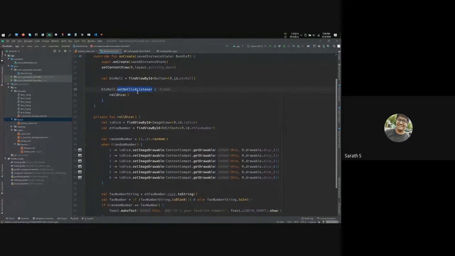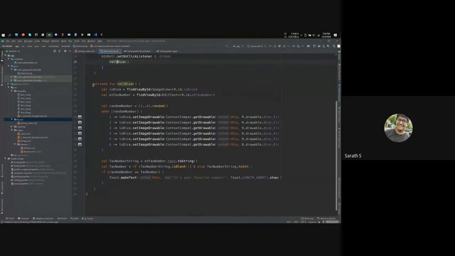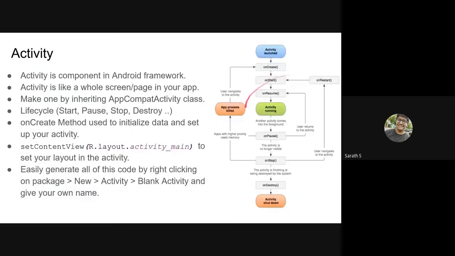That's what onClickListener is. So that's the function we'll be using. And when we click on the button here, we just run the function called rollDice. That's a function I made here. So we'll be looking into this function. Just going back to the slides.